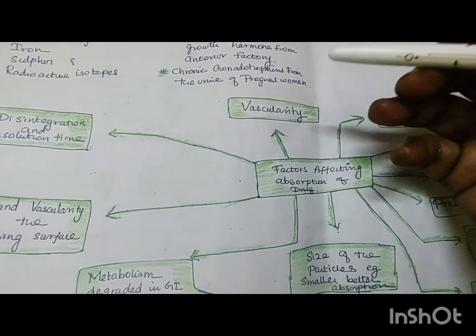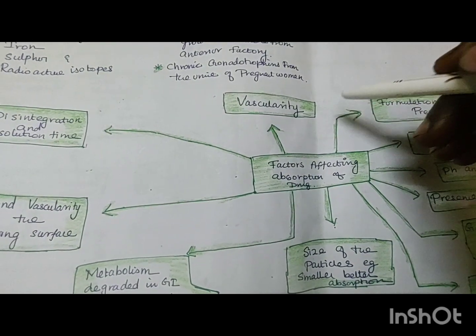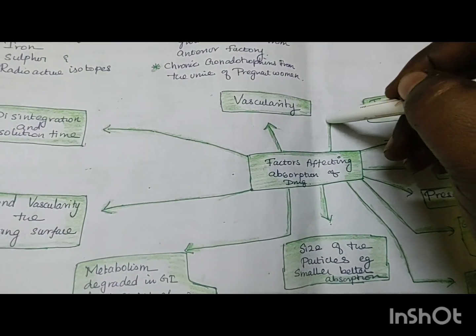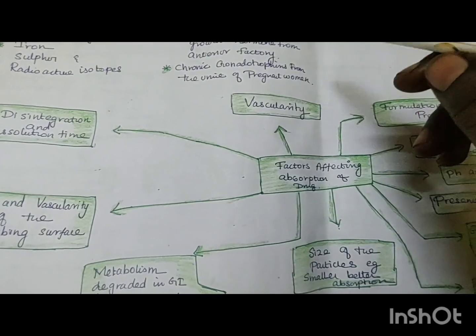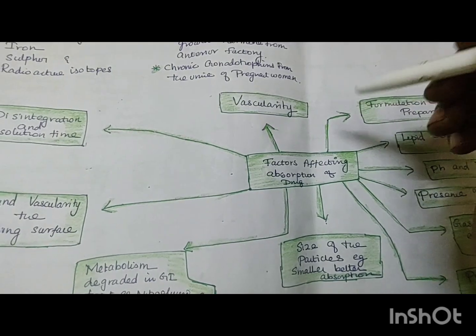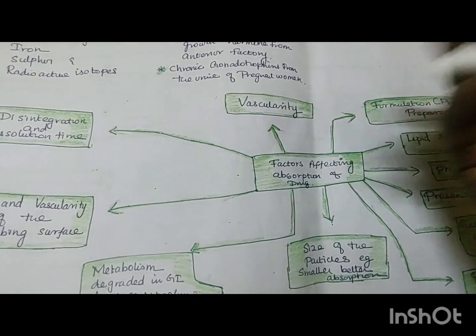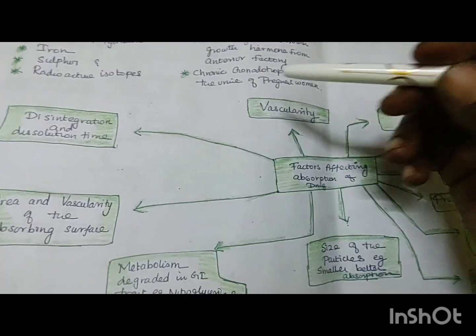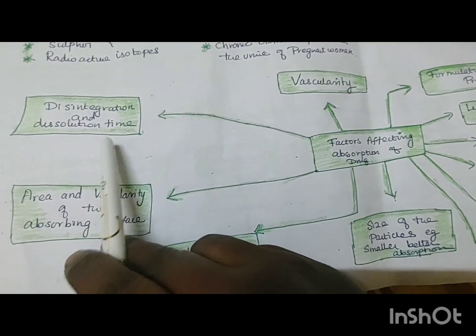In Saudi Arabia, up to 14 to 15 years, they will put suppositories for the fever patients. So if a 5-year-old child gets a fever and you are not giving the drugs immediately, the absorption is affected. The child may develop a febrile seizure. To prevent that, if you are putting it in a highly vascular area, the absorption will be far better. And disintegration and dissolution time.